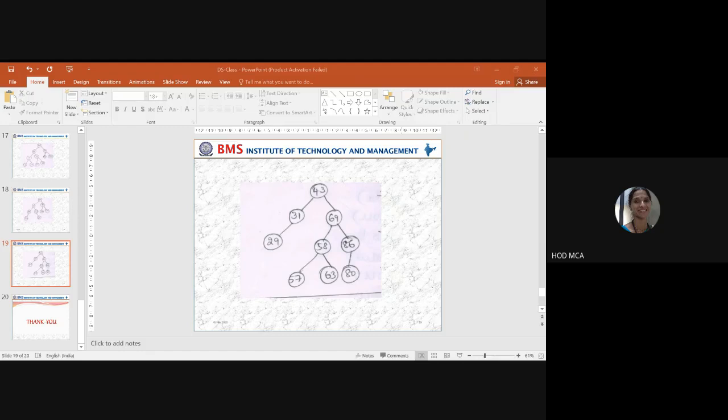Then tomorrow's session probably we'll take up pre-order, post-order. And after that, the most important thing is, given the traversal, how to construct a tree. Now what we are doing is, given the tree, we are trying to write the traversal. So we should also learn how, given the traversal, we can construct a tree. We'll try to take it up in the next session.